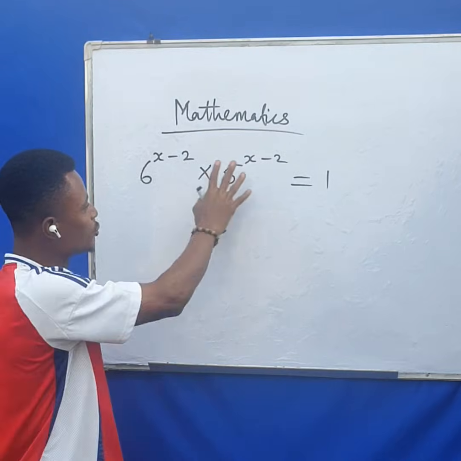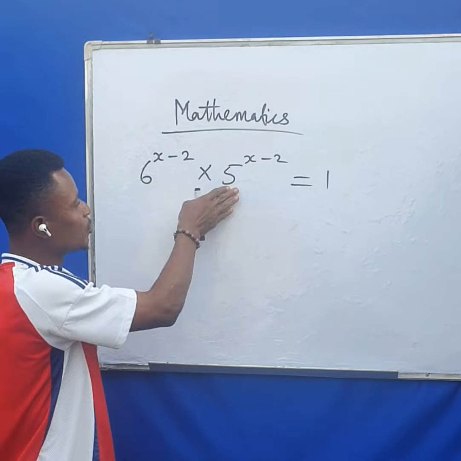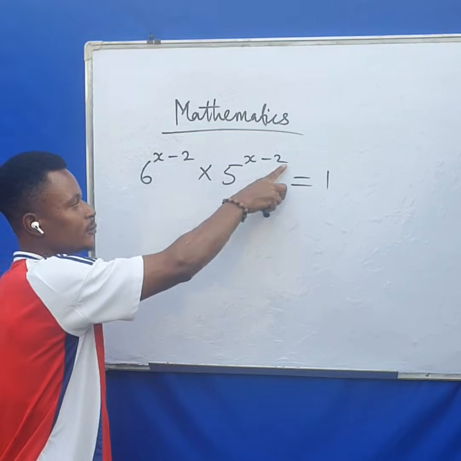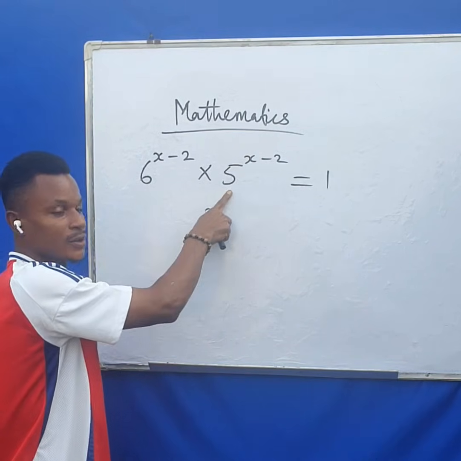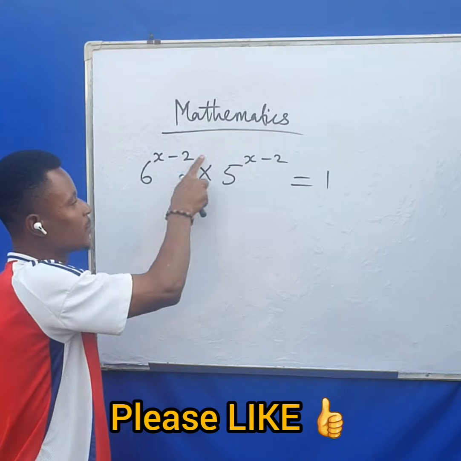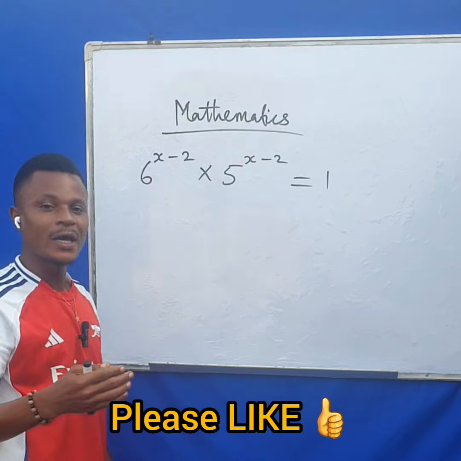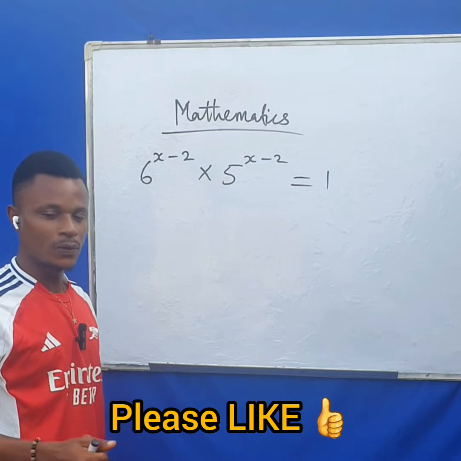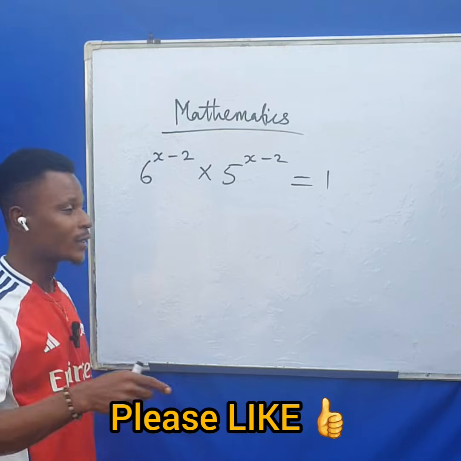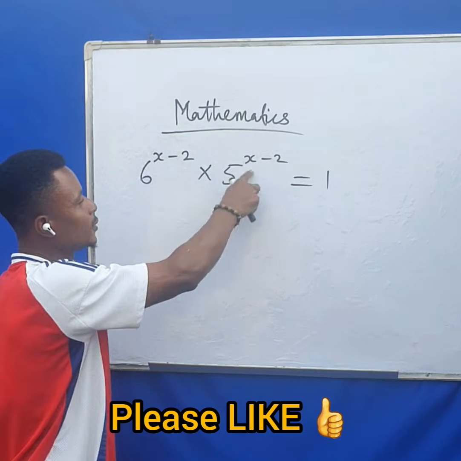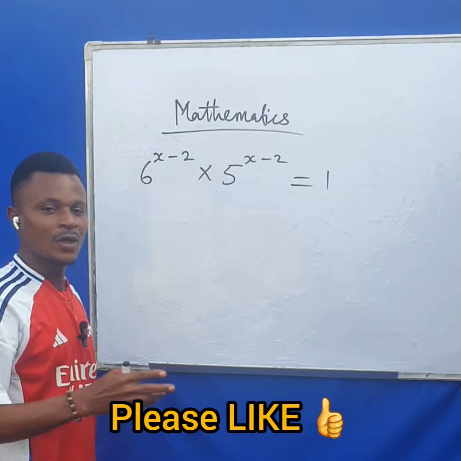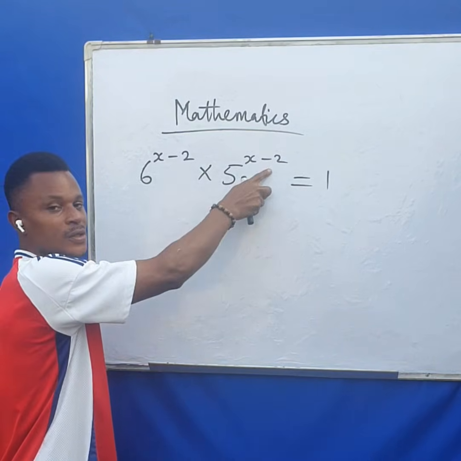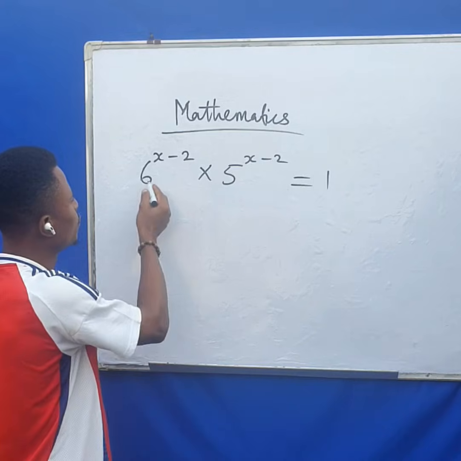Anytime you come across this kind of situation whereby you have numbers being multiplied and the powers are the same, even if the bases are different, as far as the powers are the same, we can apply a particular law of indices called the product power law. It is the law that talks about this kind of situation whereby the powers are the same. According to that law, anytime you are multiplying numbers with equal powers, we should simply multiply the bases,